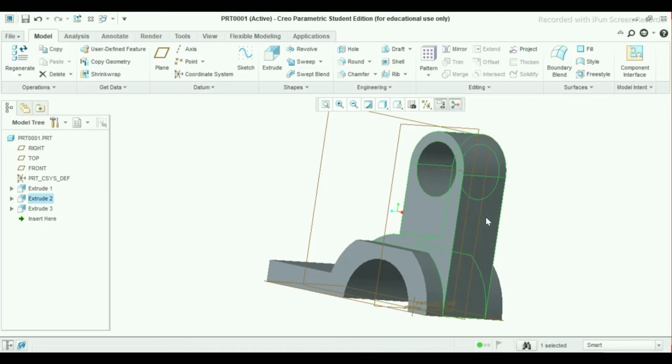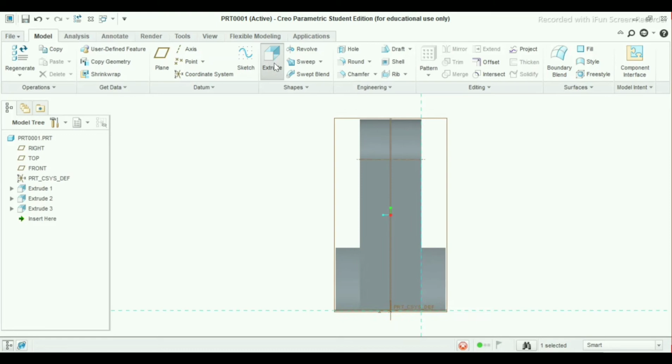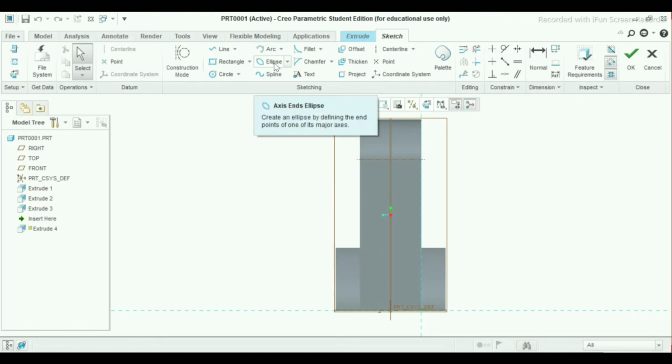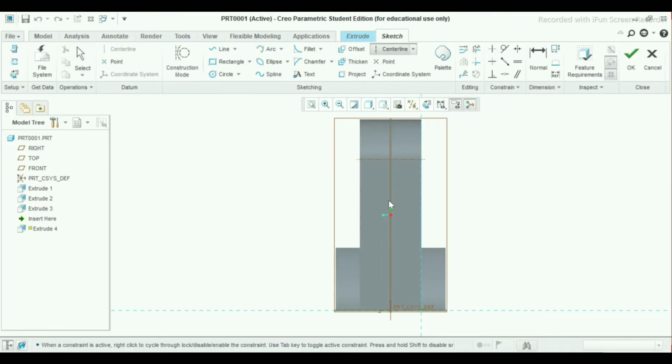Now select this face, extrude. Take a center line. Select this point of origin. OK.